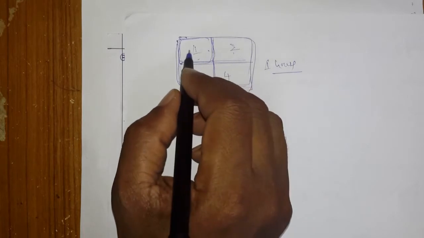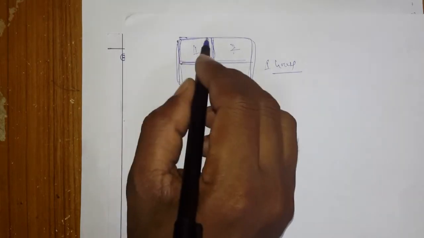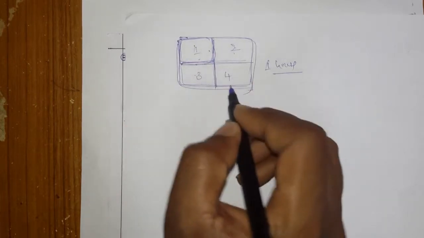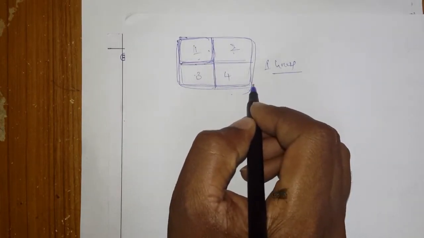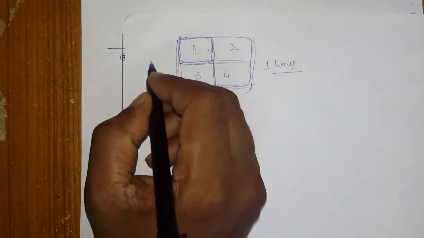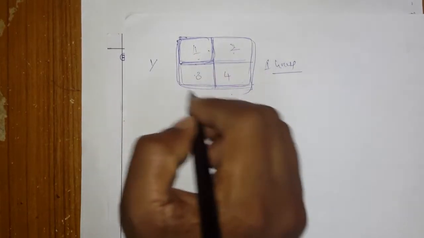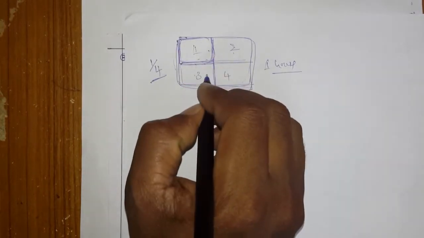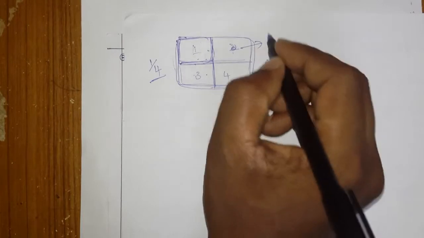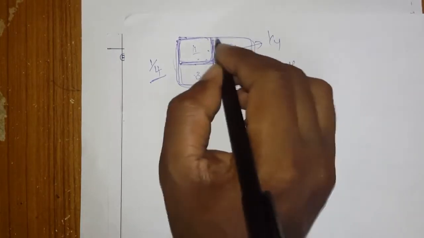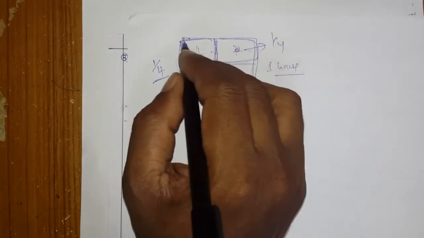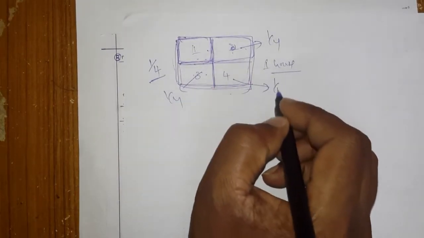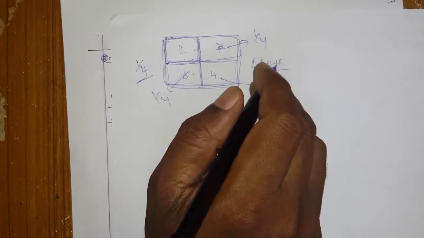When I ask what the fraction of this area is, you simply take this area divided by the total area. The total you assume as 4, so the fraction is 1 by 4. Here it is also 1 by 4, because this is one portion and in total there are 4 portions. Here again it is 1 by 4, and here also 1 by 4.